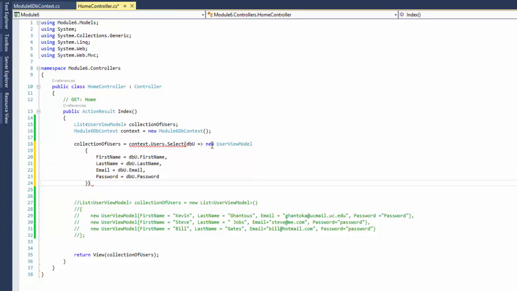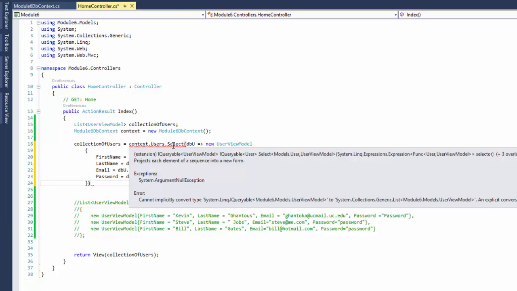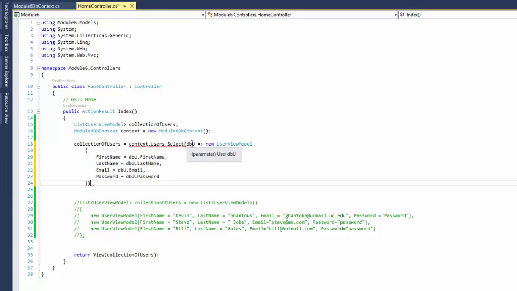And then we'll see here that we now have select, and we're going to select dbu, or one of our users, and then the action we want to perform using the dbu is we want to say create a new user view model, and then set the user view model's first name equal to dbu's first name, and so forth. So now at this point we've taken one row at a time, and we're looping through all the rows in our select function, but it's going to take this lambda expression kind of as its own function, and it's going to pass one user